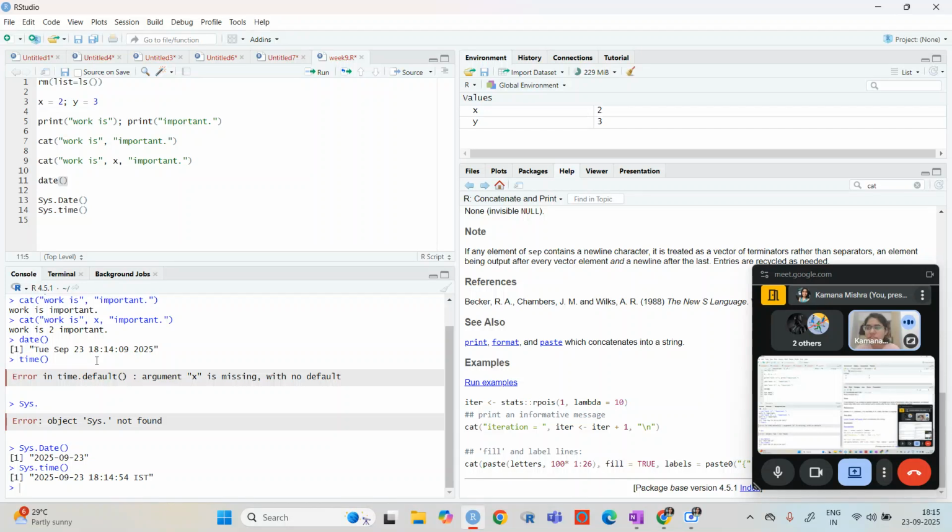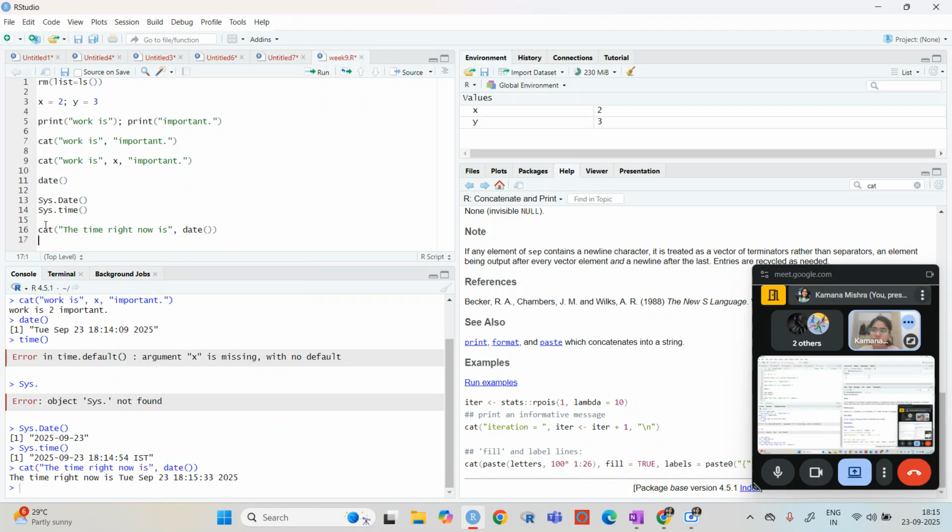So it is showing basically everything. If I want to write this, then I can use "the time right now is", and then I can do this. So that you can also do with the cat function. But with the print function, we do not have that kind of operation. We need a date function.